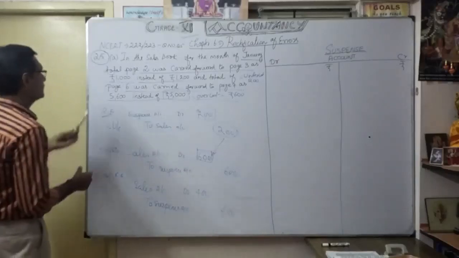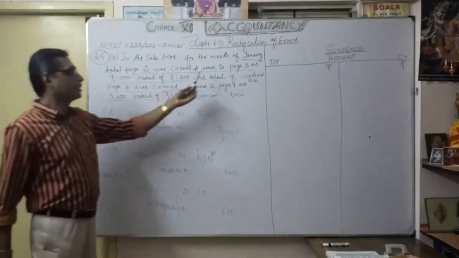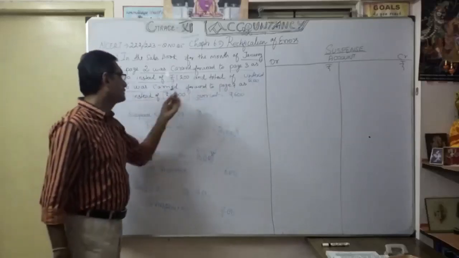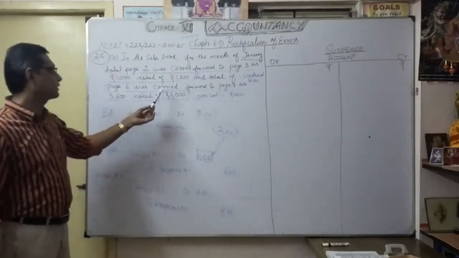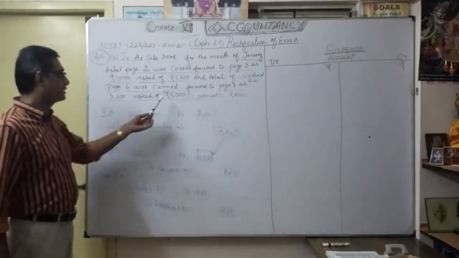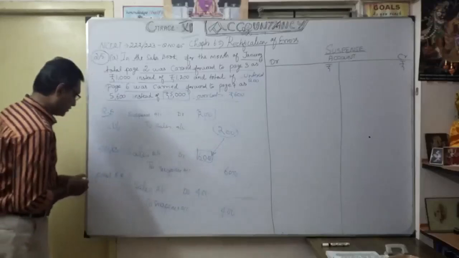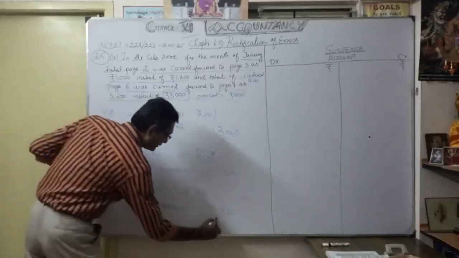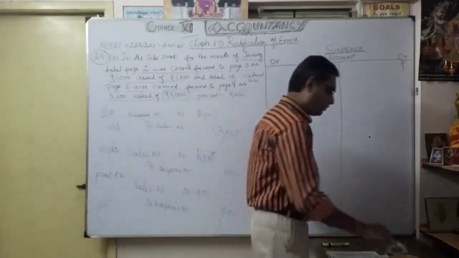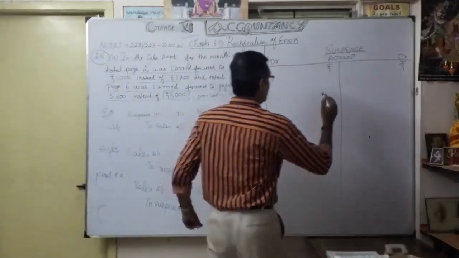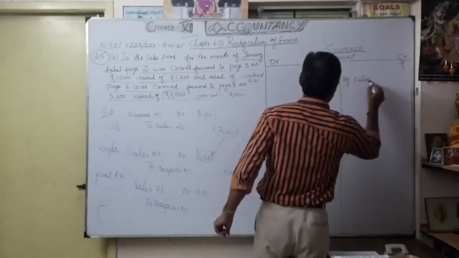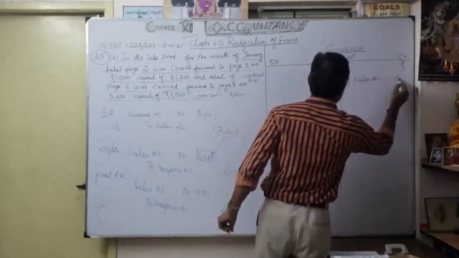Narration: you have to write carry forward as usual. It's 1000 instead of 1200, and carry forward page number 6 was carried forward to page number 7. Now 5600 instead of 5000, now rectified. So that narration we are going to write. Now how are we going to write the Suspense Account? In the Suspense Account you write only what? By Sales Account, only 400.